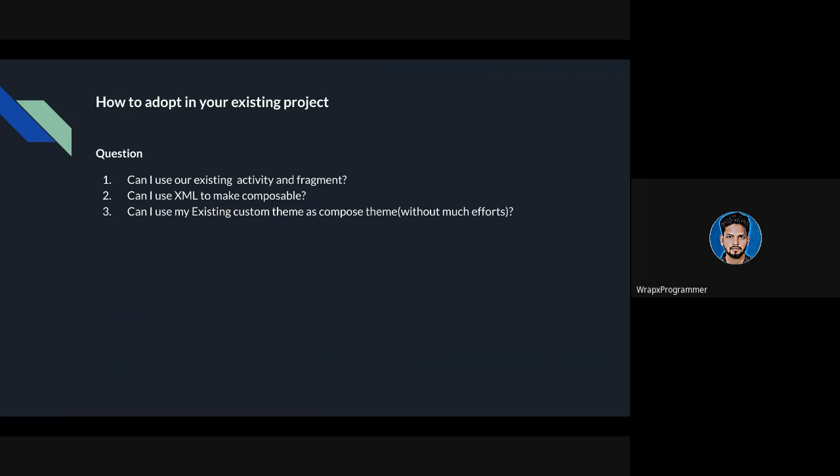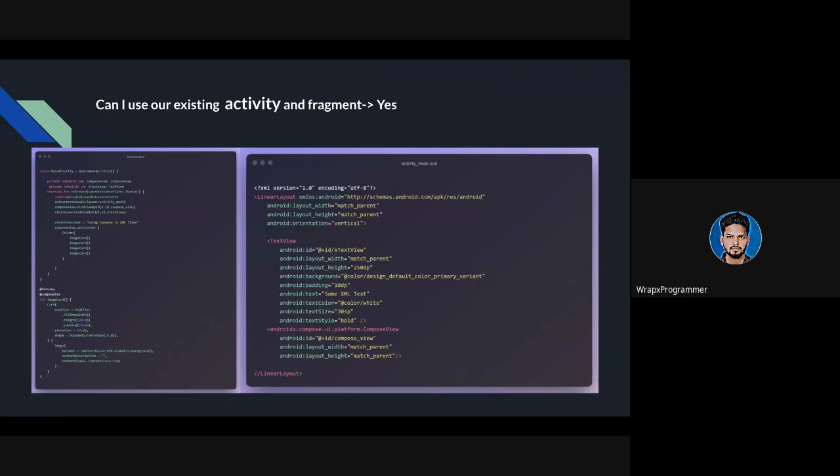कैन आई यूज आवर एग्जिस्टिंग एक्टिविटी और फ्रेगमेंट, उसके अंदर हम Jetpack Compose को यूज कर सकते हैं क्या? कैन आई यूज XML टू मेक अ कंपोजिबल्स? तो हाँ, बिल्कुल कर सकते हैं। कैन आई यूज एग्जिस्टिंग कस्टम थीम, जो हमने कस्टम थीम बना रखा है, टाइपोग्राफी वगैरह सब कुछ डिफाइन कर रखा है, तो वो सारा कोड बेकार हो जाएगा क्या? उसकी जगह उसको कम एफर्ट्स में कैसे कंपोजिबल थीम के अंदर कन्वर्ट करें? तो फॉर दैट ऑल द क्वेश्चंस का आंसर यहाँ पे है।